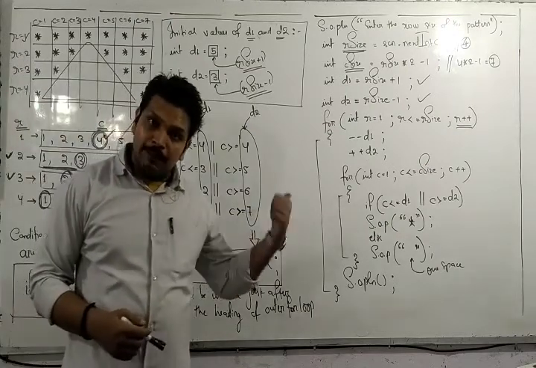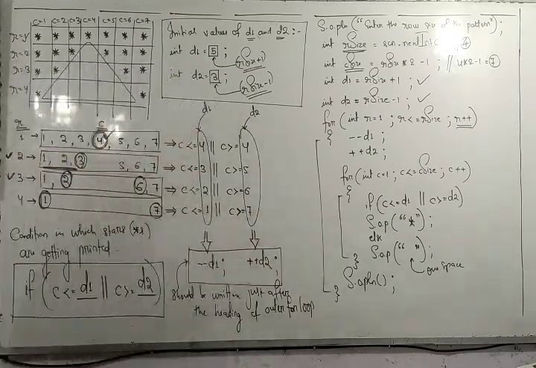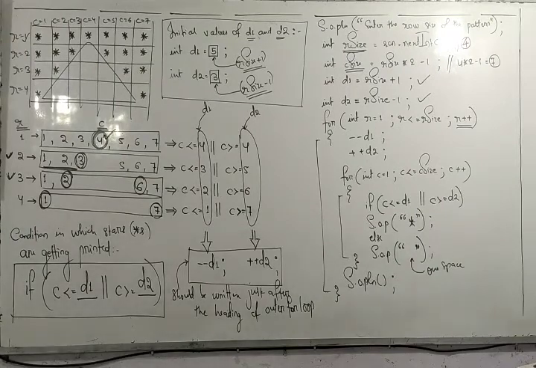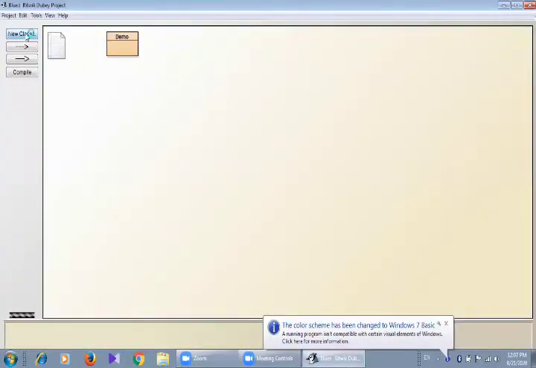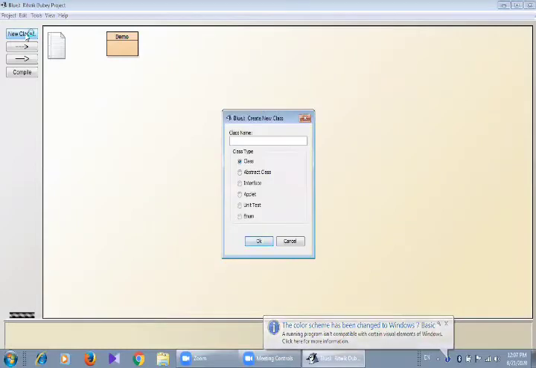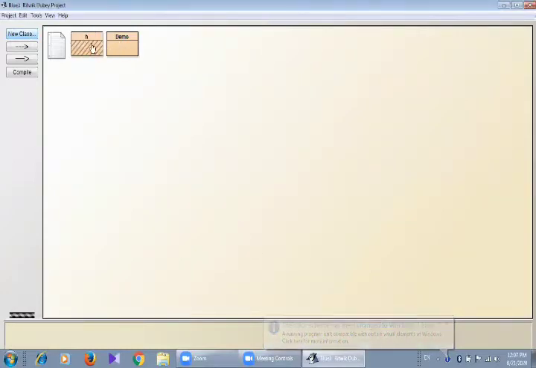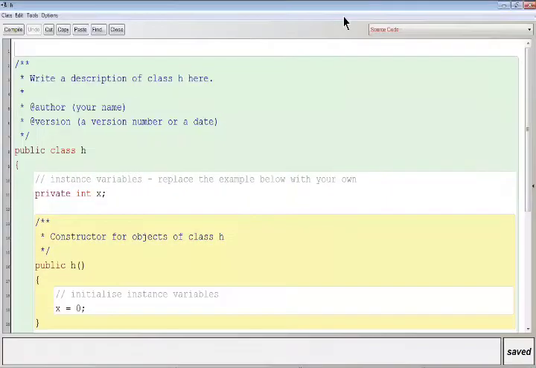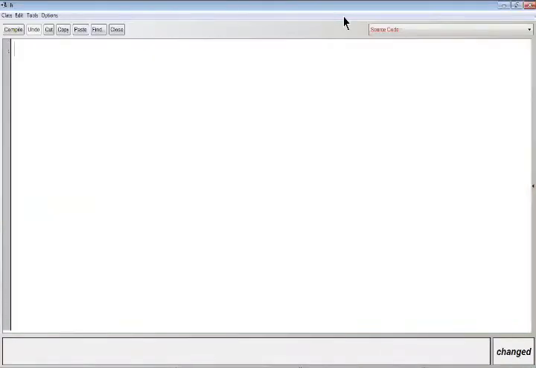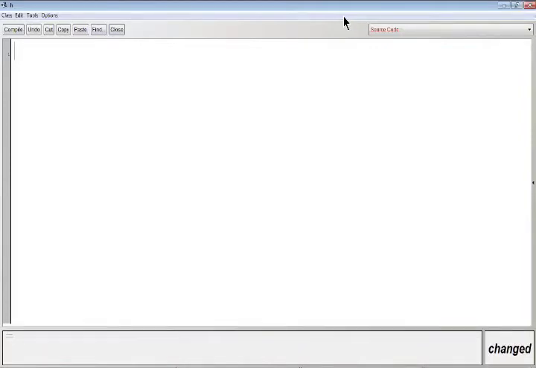Now let me show you the same thing on my laptop. Listen. Open BlueJ, create a class, give any name, click on OK, double click over it, maximize the screen, Control A, backspace. Increase the font size, Control plus plus plus.